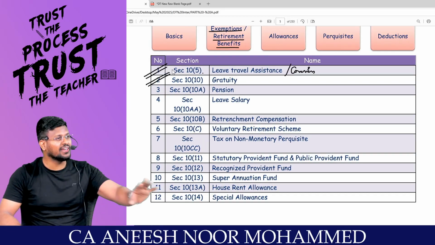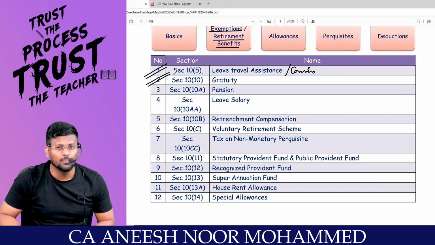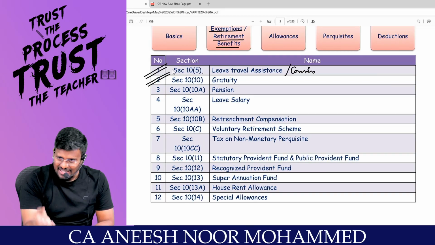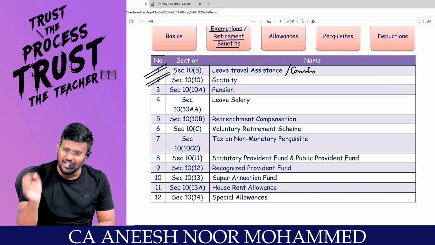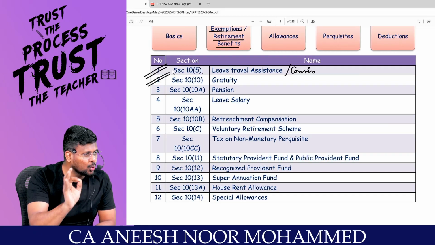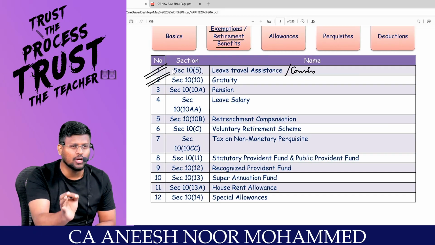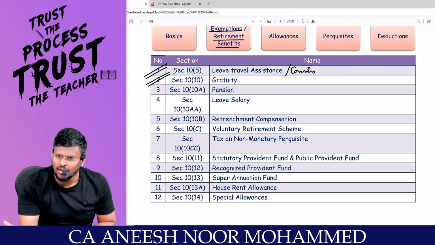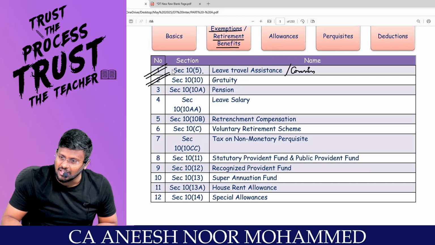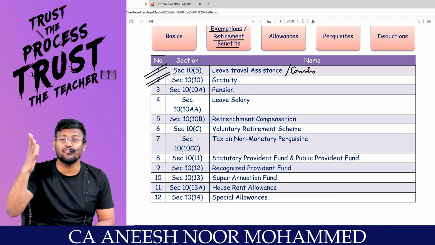At the time of retirement, sir, keep this amount with you. That is called as what? Gratuity. So what the Income Tax Act is saying is that if an employee is receiving any gratuity from an employer, the entire amount need not be included as income under the head salary. Out of that, a certain portion you can exempt. The balance you include as income under the head salary. That's what section 10(10) is.